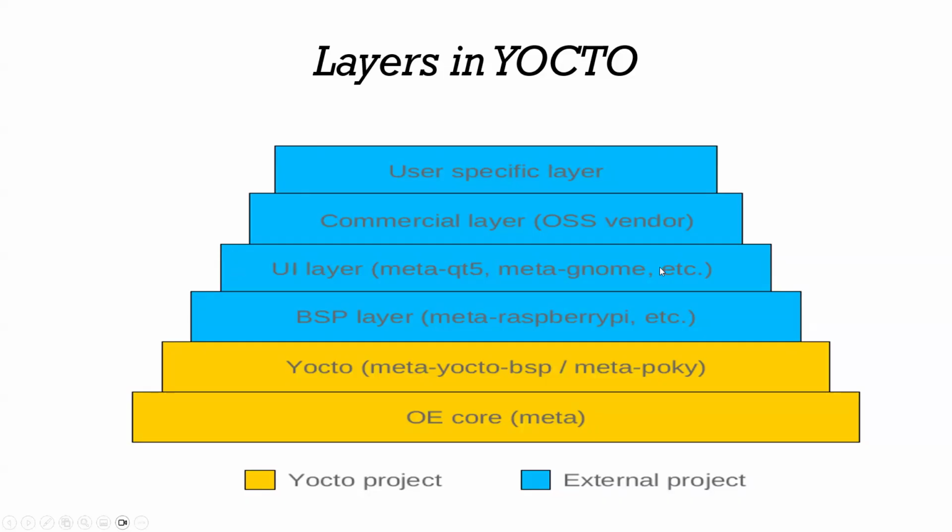This is the figure which I've copied from the internet. If you have some commercial applications or libraries, those are also provided here. For example, I told you about wolfSSL. wolfSSL has a commercially licensed layer for Yocto. When we pay them, they give this layer to us, and then we can easily integrate it with our